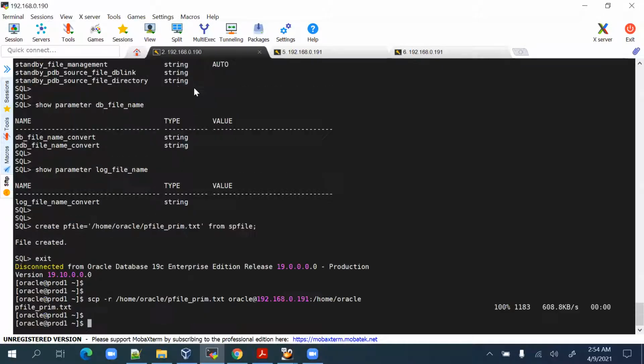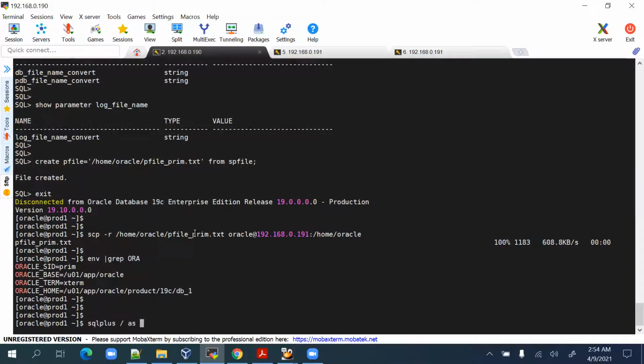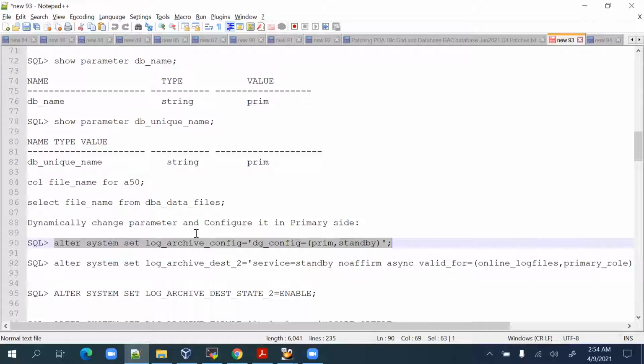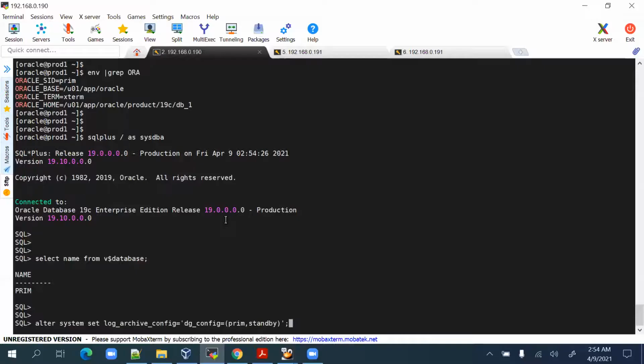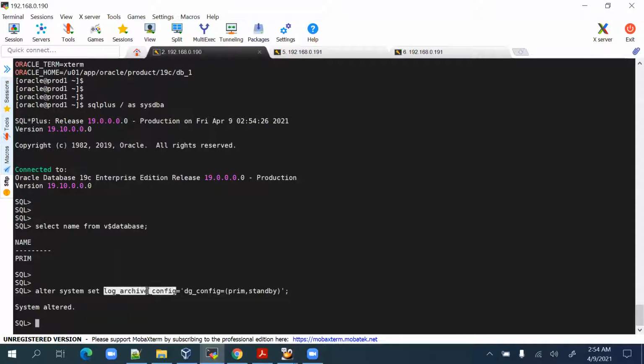So we'll log into the 190 server and verify the environment variable that is there in the system. Using the SQL*Plus prompt, select name from v$database. So this is our primary database. Now what we'll do is modify this parameter. This is done, and again you can use the show parameter